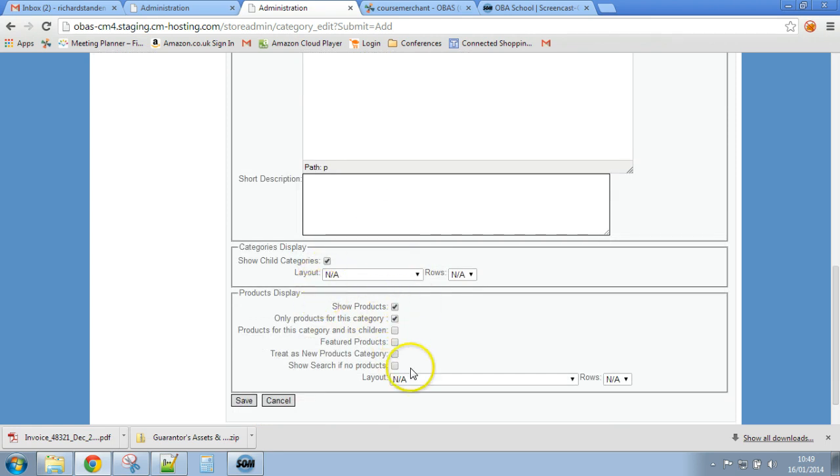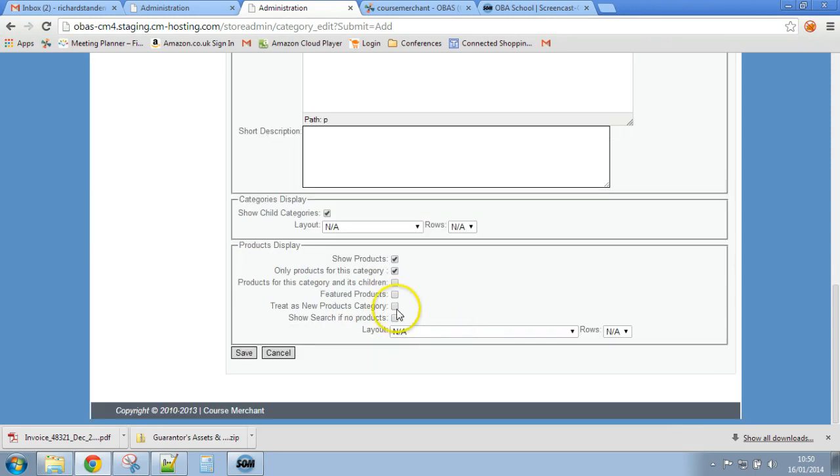Most of this, all of this now you can probably leave. Child categories, so if this is a high level category, for example English, and underneath that are subcategories, for example Preparation English, Advanced English, then you could leave that set on, and that would display the subcategories. Again, probably don't need to change any of these. This is set to show products, and this is set to show only products that live within this category, and probably that is all absolutely fine. Let's click on Save,